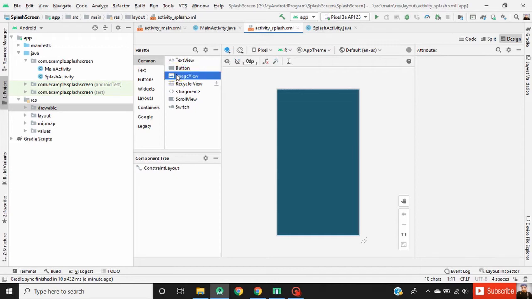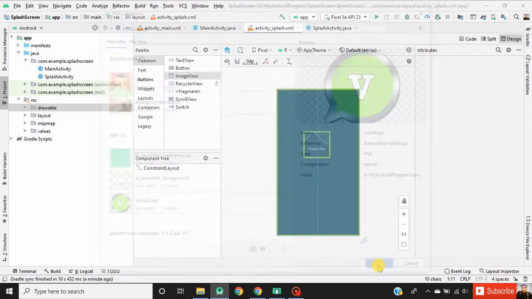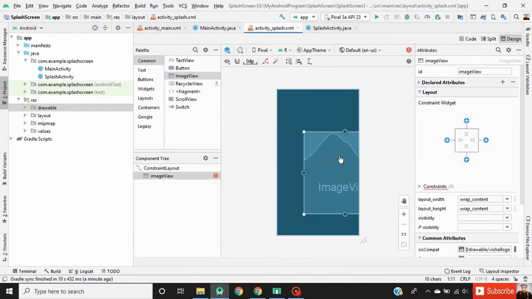Now drag an image view into our activity layout, select our logo and click on OK. Now change the width and height of this image view to 96 dp.